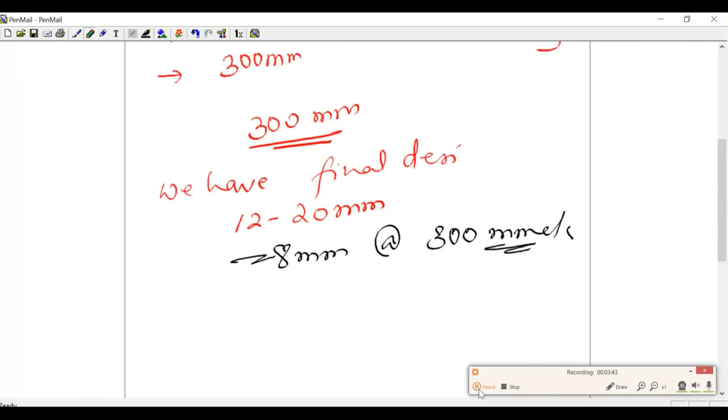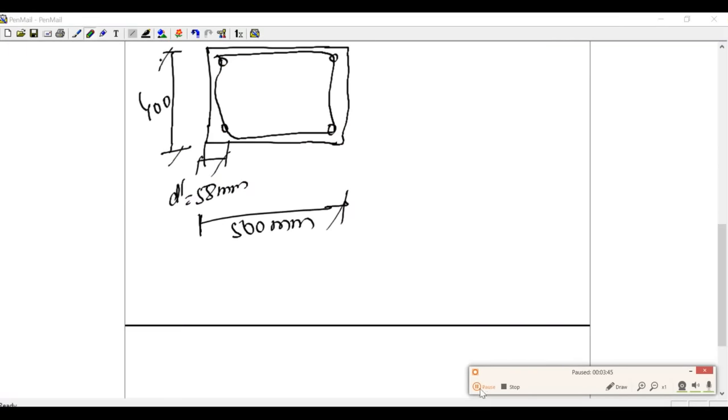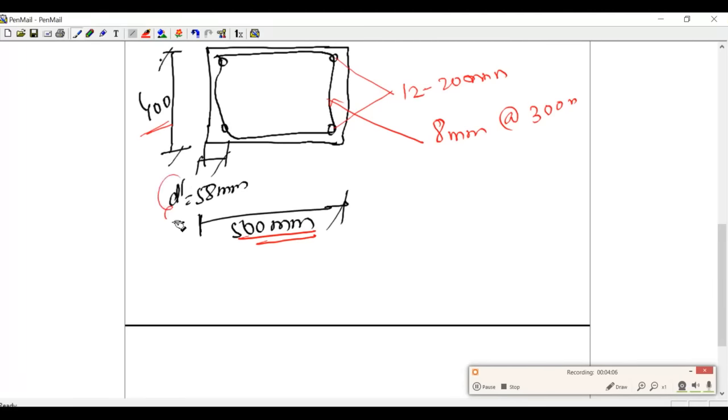So next we'll just draw the diagram. Just to show you this, I have drawn a rough figure. So this is your main reinforcement, this is 12 numbers of 20 mm dia bar. This is your 8 mm transverse reinforcement at 300 mm. This is your longer dimension, this is your shorter dimension, and this is your cover, that is effective cover. So this was regarding the design of axially loaded column with biaxial bending.